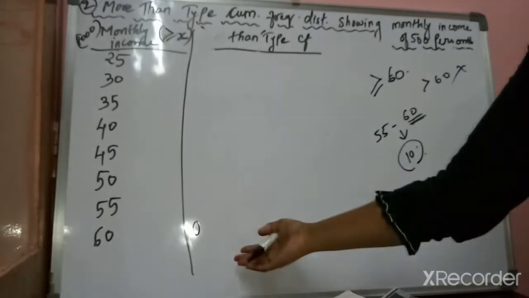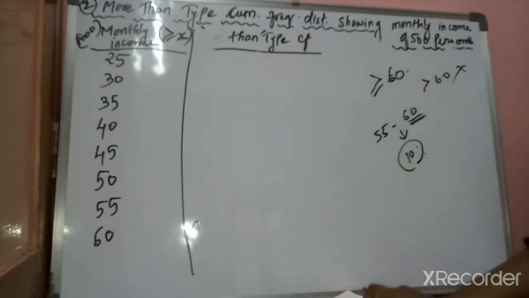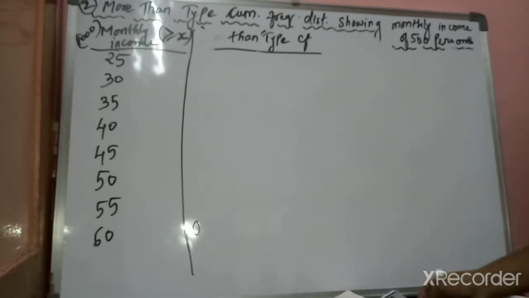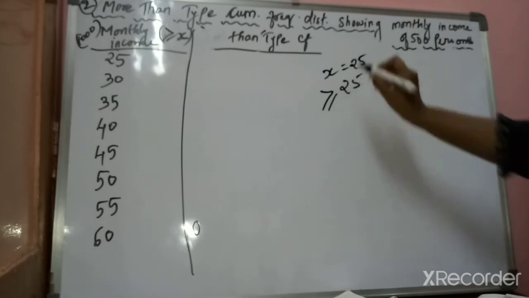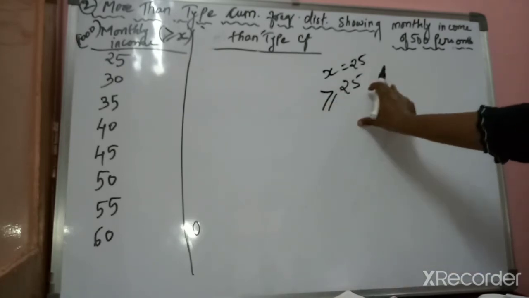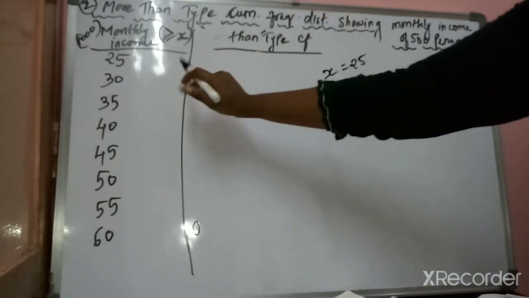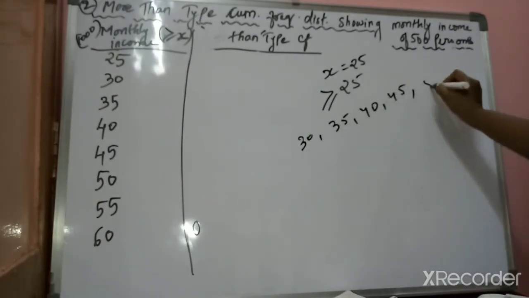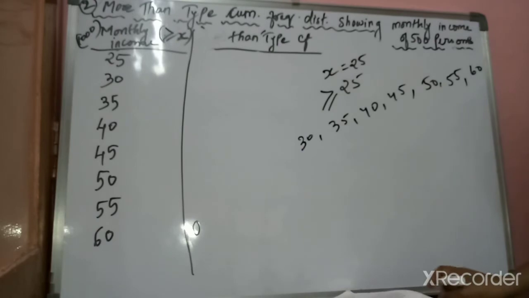Clear? Now you can go like this, either adding from downward or from upward. So first of all, I would be doing from upward only. No need to go from downwards. It would be more confusing for you. So see, now your first x is equal to 25, right? So more than or equal to 25,000, it would be, see, more than 25 we are having, equal to 25. So first of all, the 25 frequency would also be there. Then more than 25, it would be 30, 35, 40, 45, then 50, 55 and also 60. So you can see, just calculate all the frequencies, right?